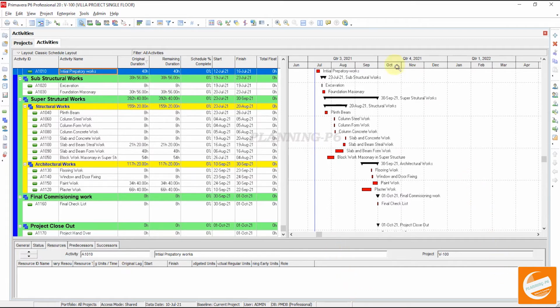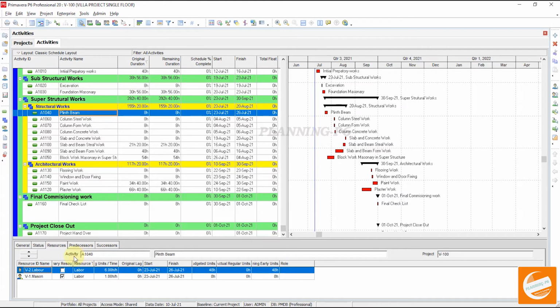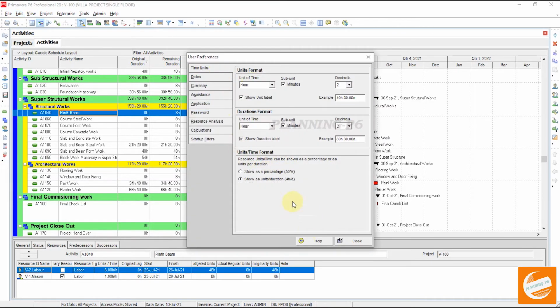Now again we will go there, just show your resource. So just select one activity and see here the resources. You can see here it's showing in hours. I will show you. Go to Edit, user preferences. After the user preferences, if you want to see the units time format, the resources unit time format can be shown as a percentage or as units per duration.